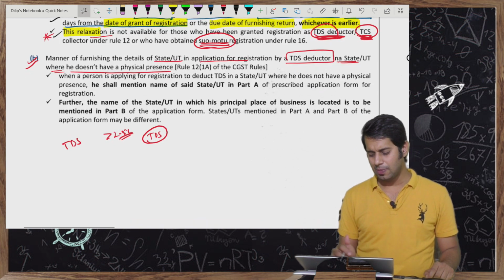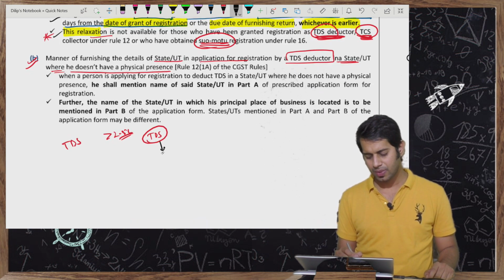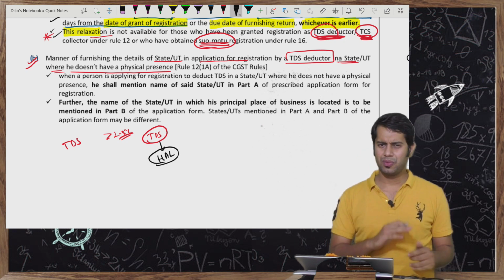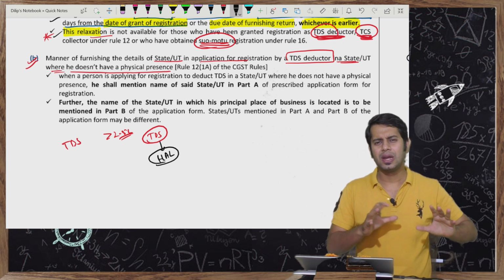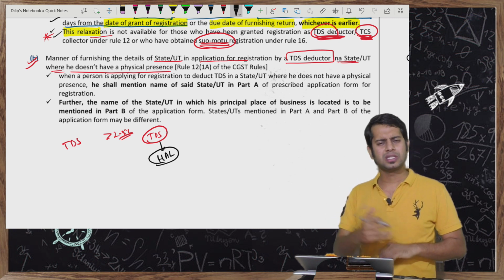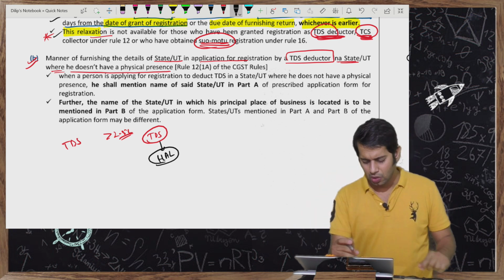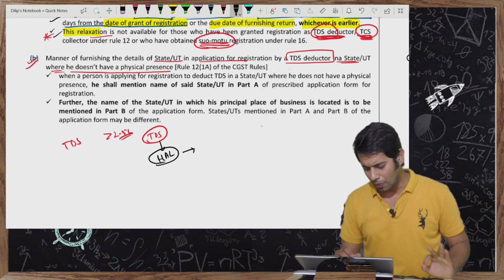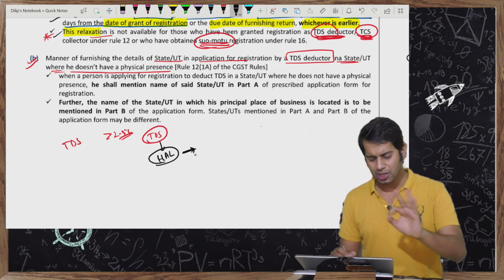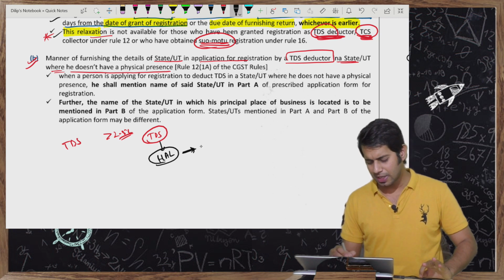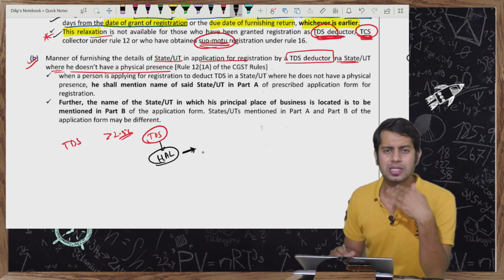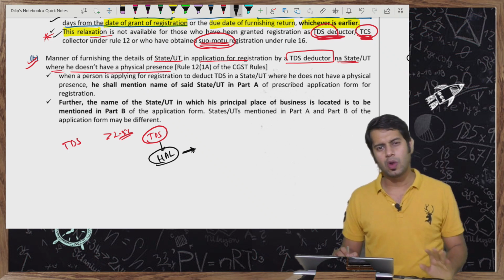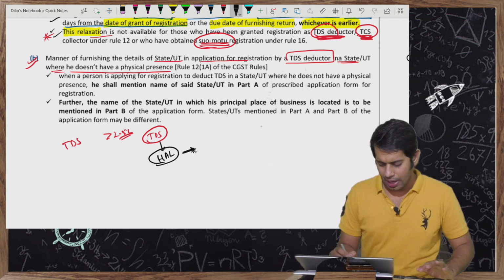Now the question which came to their mind is, sir, HAL is a notified person. One of the notified persons is a person in which the control is by government, with 51% or more shares or voting rights from government. Sir, HAL, Hindustan Aeronautics Limited, is government, sir. It is notified under section 51, sir. So if I supply any goods to HAL and the value of those goods exceeds 2.5 lakh rupees, HAL will have to deduct taxes.